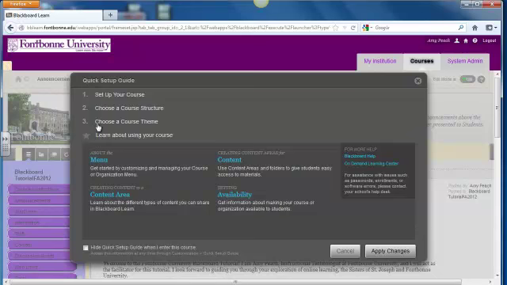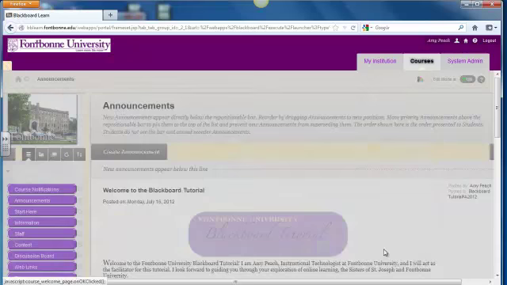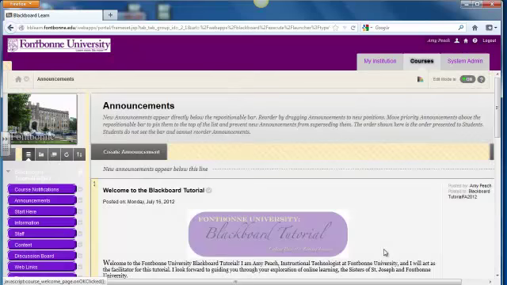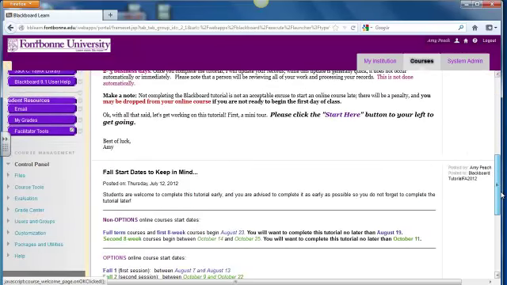Now this is set up to show every time I get into my course, which is going to be really annoying after a while. So if I go right down here to the bottom and I click Hide Quick Setup Guide, I can apply the changes, and I'm never going to have to see that thing again when I log in. If you change your mind and you do want to access it again, however, go ahead and scroll down,